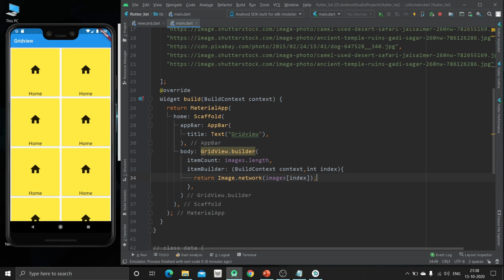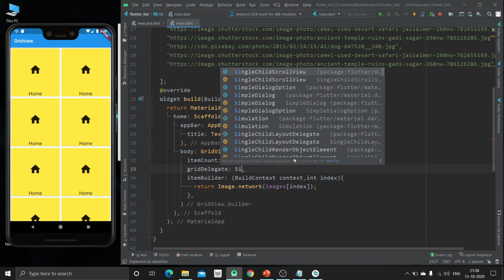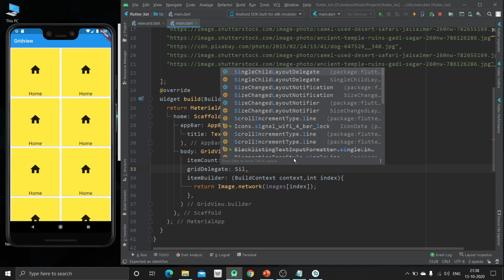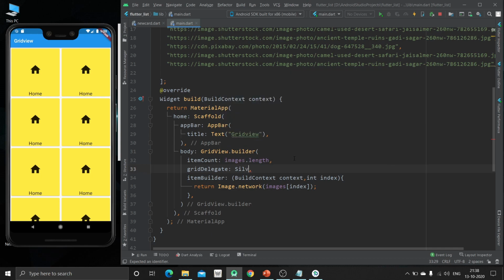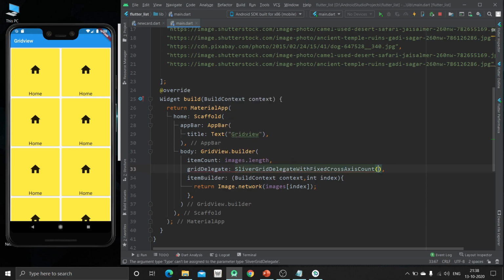Now as this is the grid view dot builder, so here we have to specify the column cross axis count and all. So for that we have to use the third property, that is grid delegate, and here we will use the silver grid delegate with fixed cross axis count.